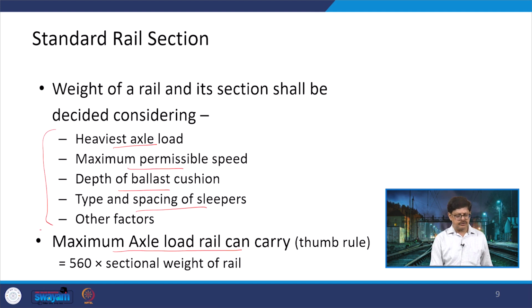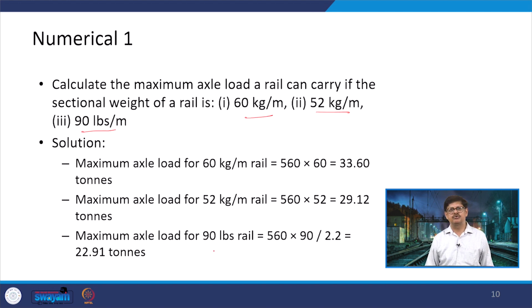Now, if we go back, this is the way we can find out 560 into sectional weight of rail, and the same thing is used for all of the three cases. In the first case it is 60 kg per meter, so 560 into 60 means 33600 kgs, because it was kg, and I have converted it into tons. So, it is 33.6 tons, the load which can be carried by this particular rail. If it is 52 kg, then it can take up to 29 tons. If it is a 90 pounds rail, then first of all we have to convert into kgs, using a conversion factor of 2.2 here,